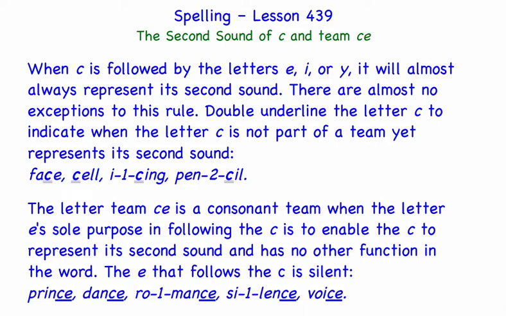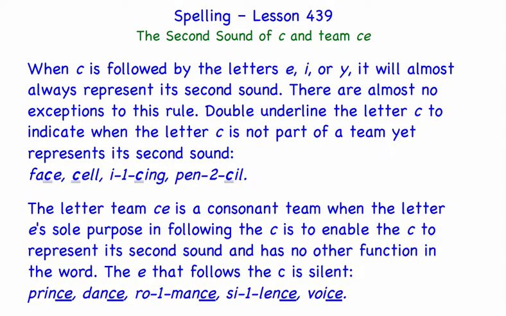When C is followed by the letters E, I, or Y, it will almost always represent its second sound. And again, the second sound for C is the sound the letter S makes, which is S. There are almost no exceptions to this rule. Double underline the letter C to indicate when the letter C is not part of a team, yet represents its second sound. And here below this first paragraph, you see some examples of this, where C is representing its second